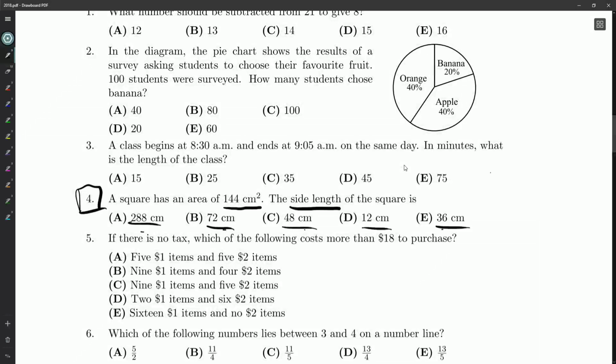12 squared, we could figure out 12 times 12, is that 144? Or we could say maybe the answer is 36. 36 times 36, is that 144? It's not, it's 1296, but there's only 5 options, so we could go through each one of them and try them out. Okay? No matter how you do the question, you're going to get an answer of D,